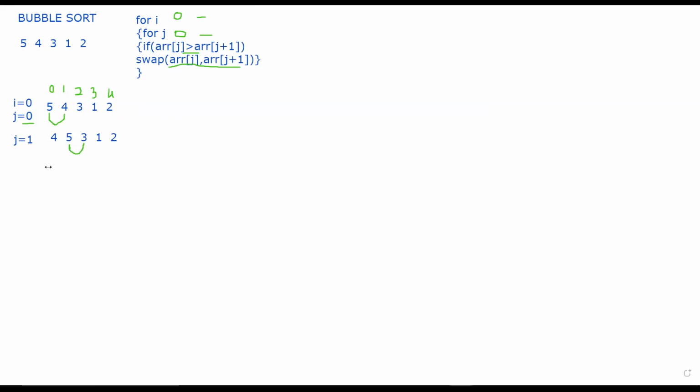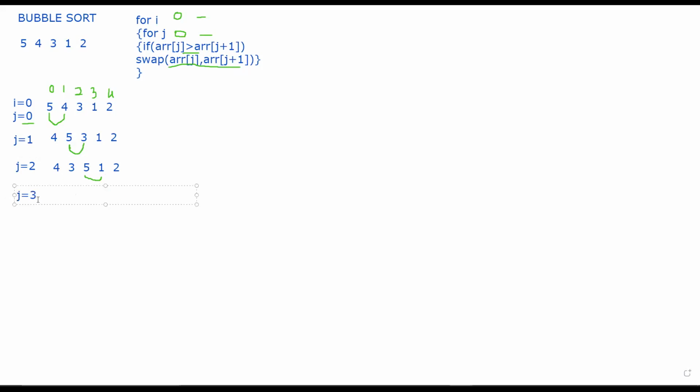Then my output will be 4, 3, 5, 1, 2, right? Then again I'll increase the value of j from 1 to 2. Then for 2, this is my index 2 and this is my index 3. This is what I'm going to compare and again swap. So I'll have 4, 3, 1, 5, and 2, right?